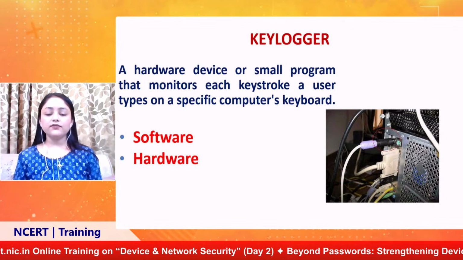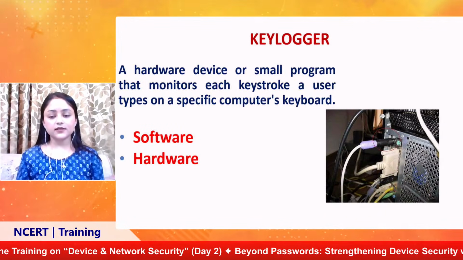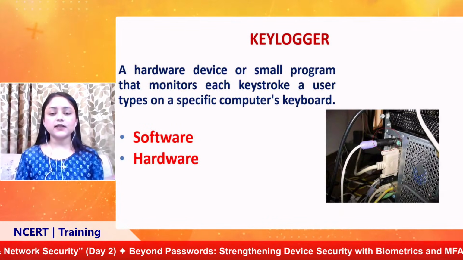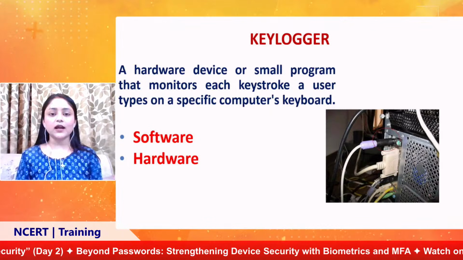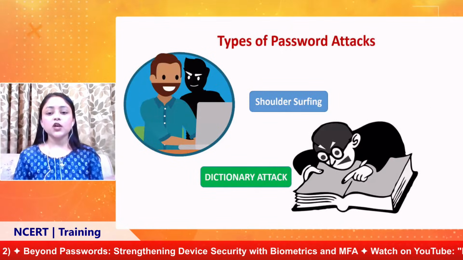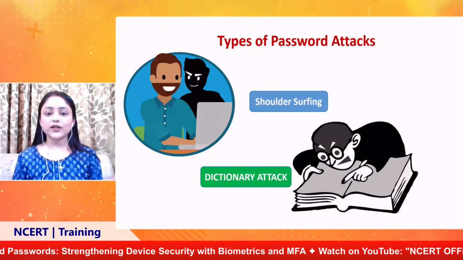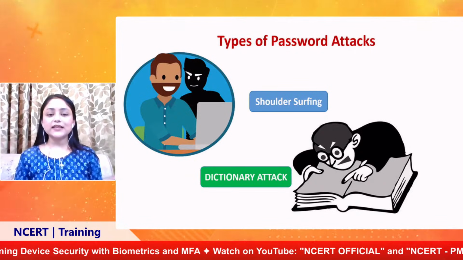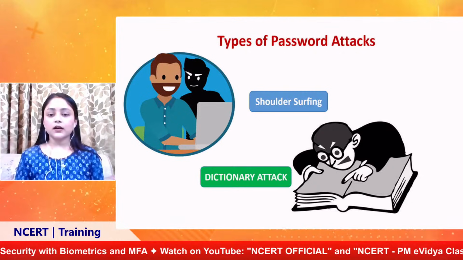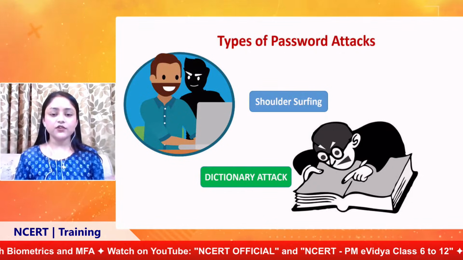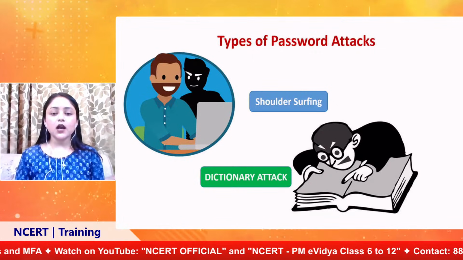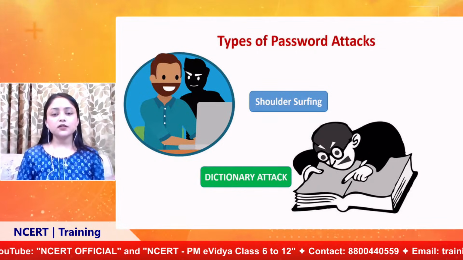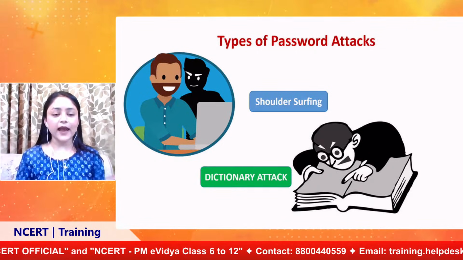And definitely if these kinds of things do not come into our system, our passwords will be secured. We should know that these kinds of scams are going on, and only then can we secure our password. Moving forward, let's see what the different types of password attacks are. First I would like to tell you about the shoulder surfing attack. This can happen with anyone, anywhere, if you are traveling through metro, through buses, if you are just walking in your garden, or going through lifts, or if you are just working on your desktop at your office,